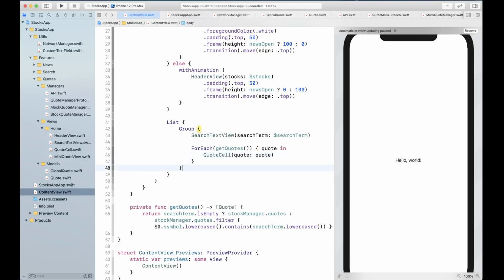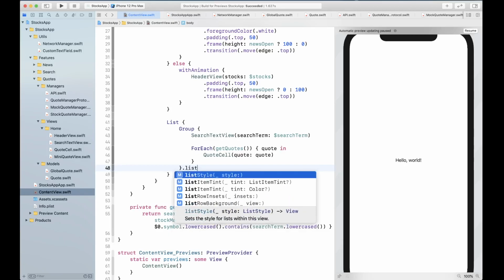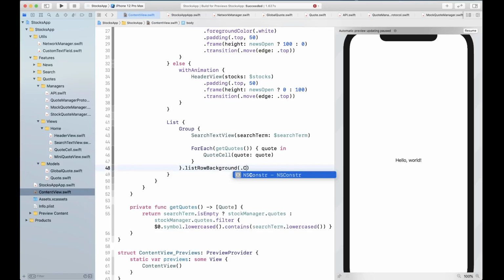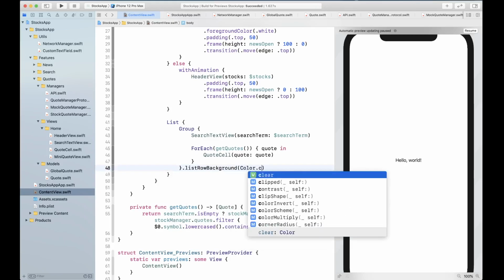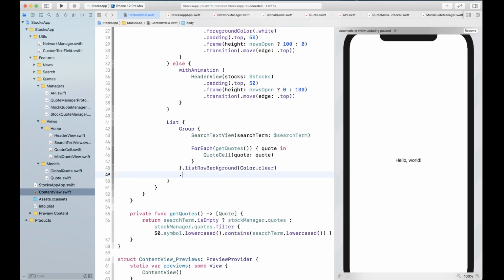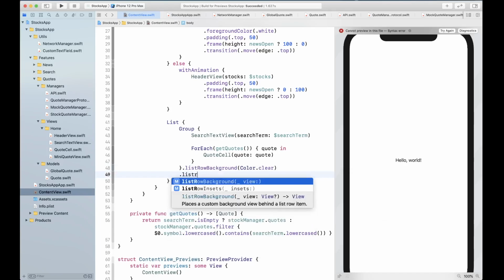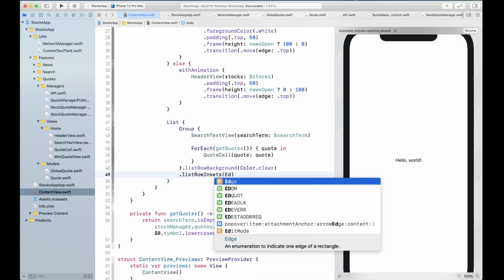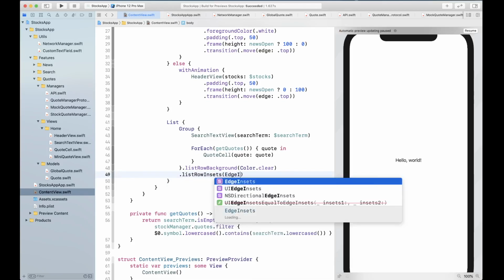All right. So on the list, we are going to set the list row background as color dot clear as well, and list row inset to be edges inset.